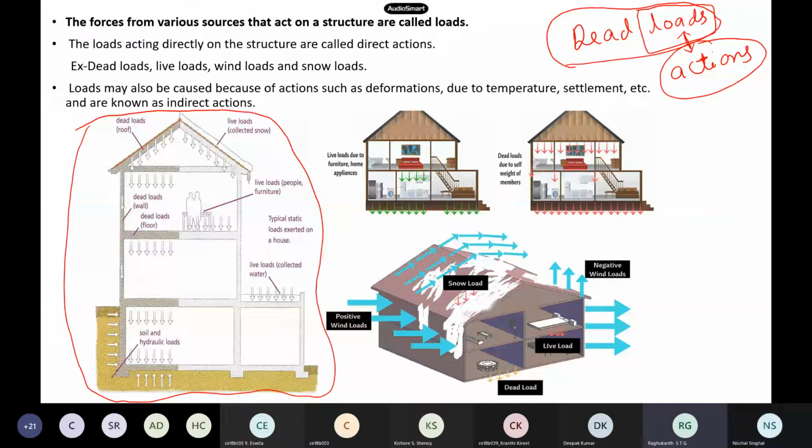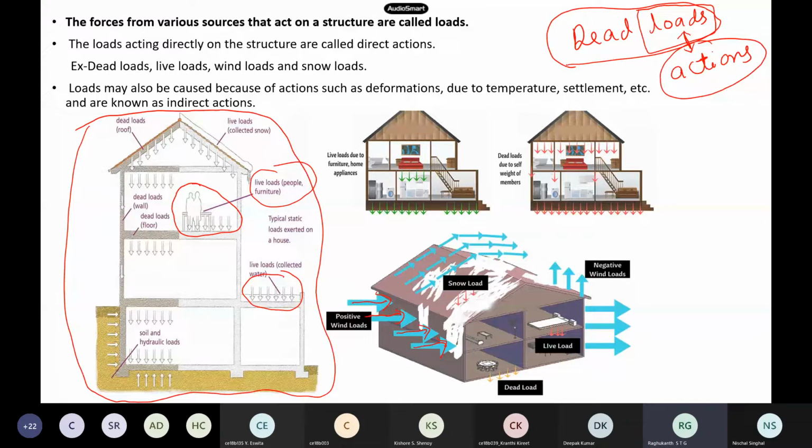Then apart from that, you will also have live loads, like the furniture and the people who are moving. The live load definition means it will not move. Although the name is live, it doesn't have any acceleration or velocity. But people, furniture, even on the roofs, rain, all kinds of things come under live load. Then apart from that, we will also have the wind load. You can see wind in this figure. Wind is also a very important thing, the wind load.